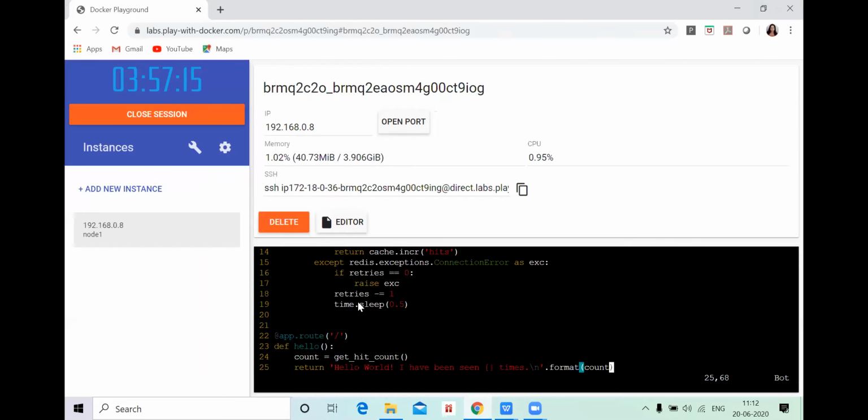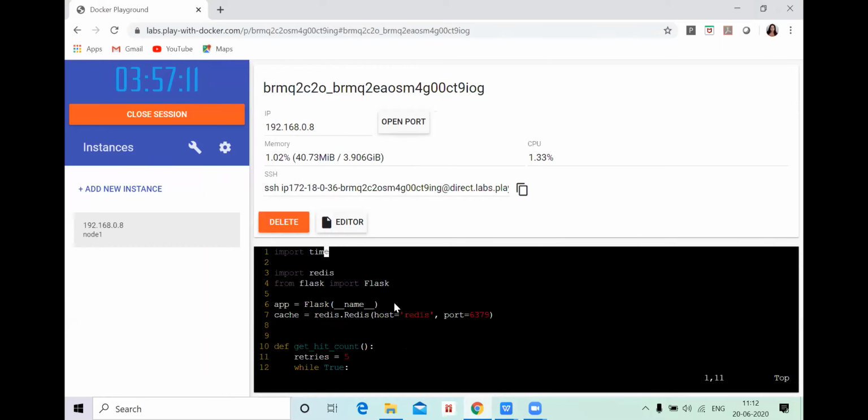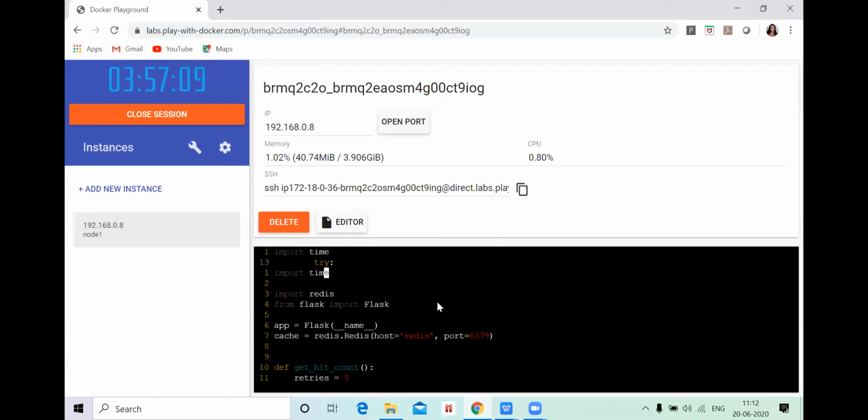Once you have written your program, you can see here I have used import time. Here the main job of this is I have used the Redis server and also Flask. Here you can see, if I import the time, how many times I'm clicking on my web browser, it is going to increase the count.